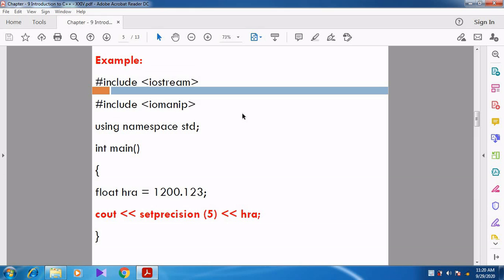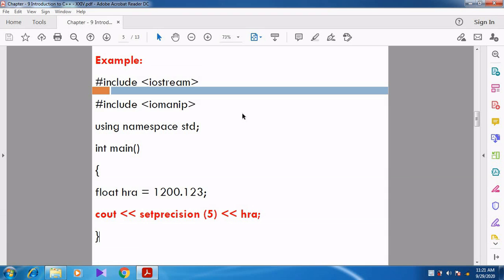Then we use the cout statement, and we are going to print the variable HRA with the setprecision manipulator. We have set the precision as 5, so it displays the output with 5 digits.